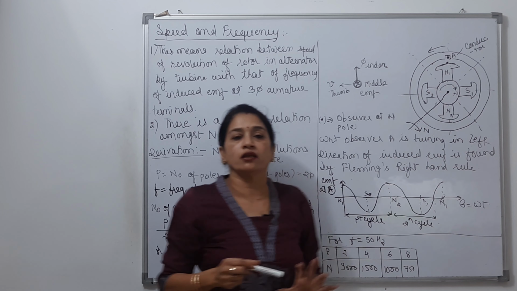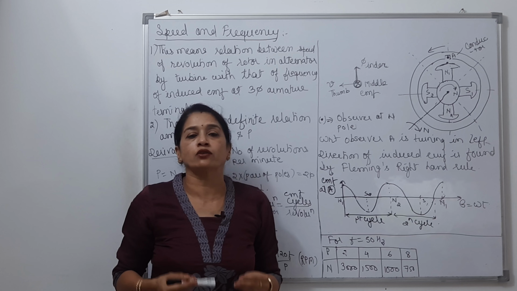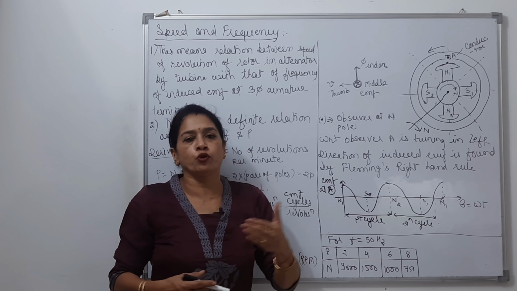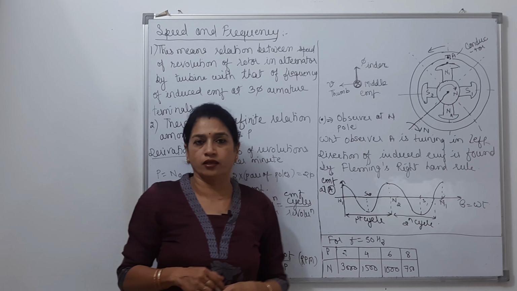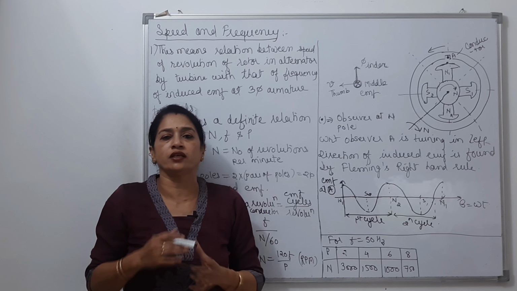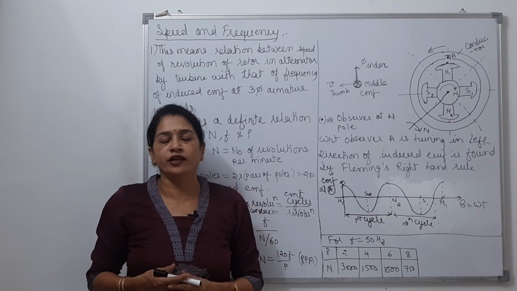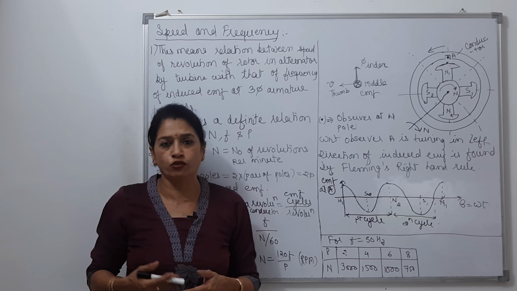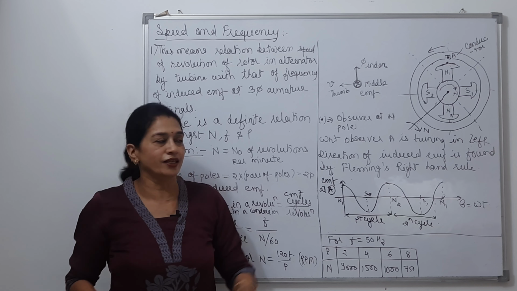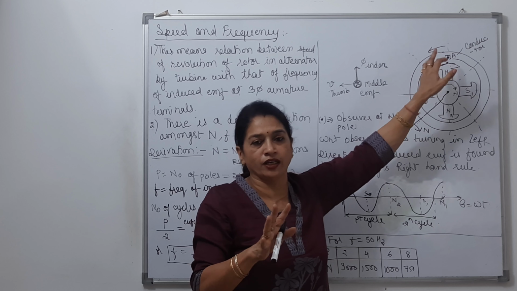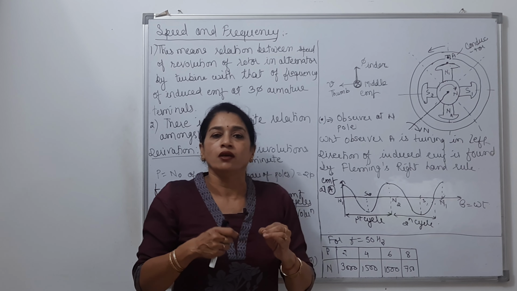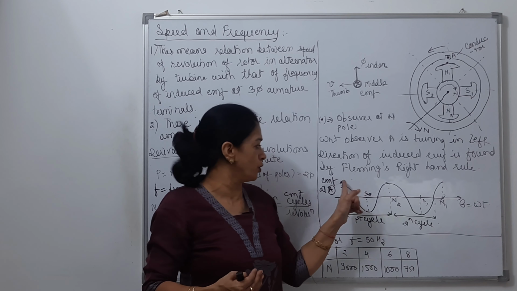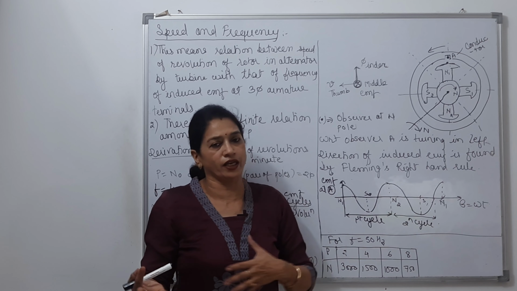all these conductors, like the A conductor, will be under the impact of variation of flux, because one by one, in alternation, north pole and south pole are cutting that conductor, or all those conductors which exist in the periphery of the stator. So naturally, rate of change of flux is there. That rate of change of flux will produce EMF according to Faraday's law in all the conductors. I am taking only one conductor right now to explain how the EMF changes its direction from positive to negative, positive to negative, likewise.